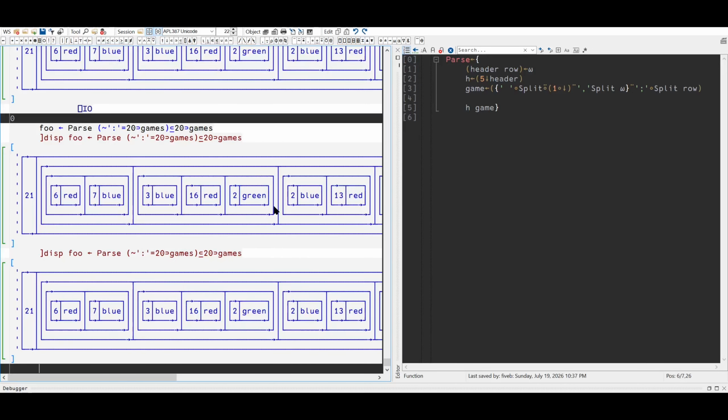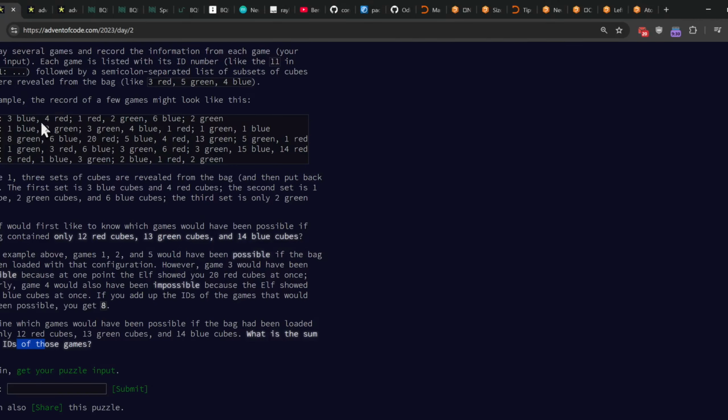So on the game, for each of the hands or whatever, we have to count. We have to look up which color has which count, I guess. Well, okay, if I go to the instructions, I just care about the maximum, right? If I recall correctly, you can't have 10 reds here and also 10 reds in the same hand.